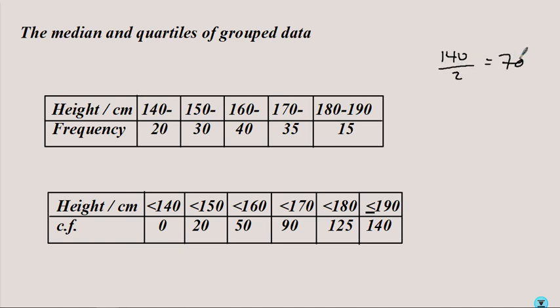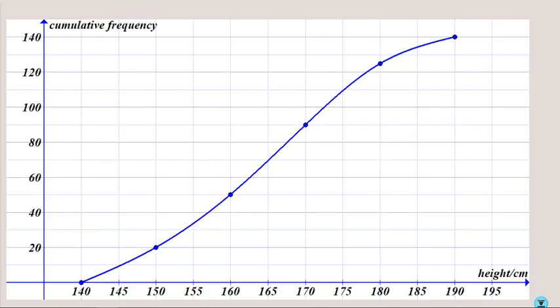So the 70th person has a height which is equal to the median. Now, if we look at the data, 20 + 30 is 50. So somewhere here will be our median. And sometimes the data is not easy to calculate. So let's do that from the graph. The median